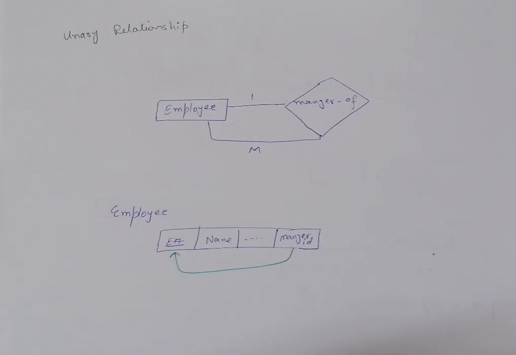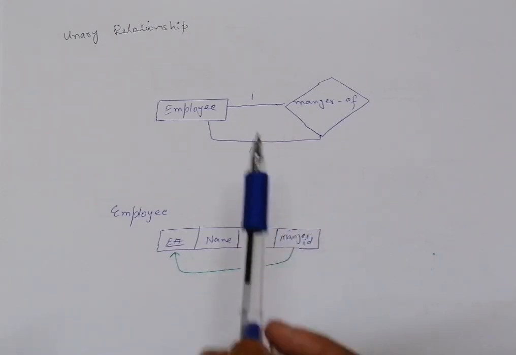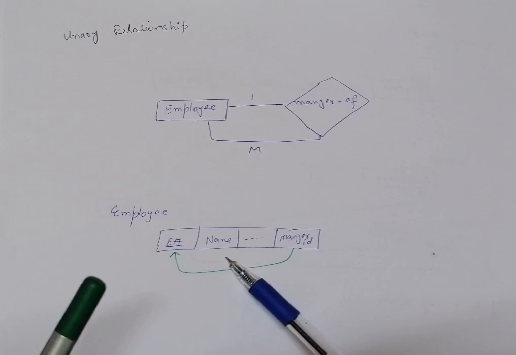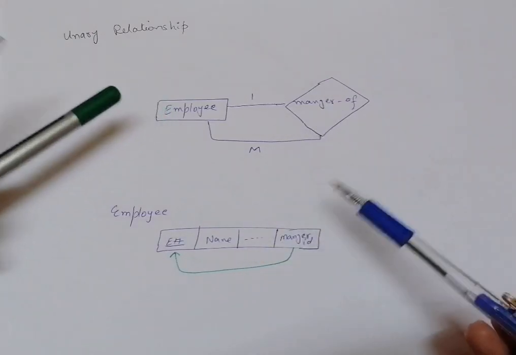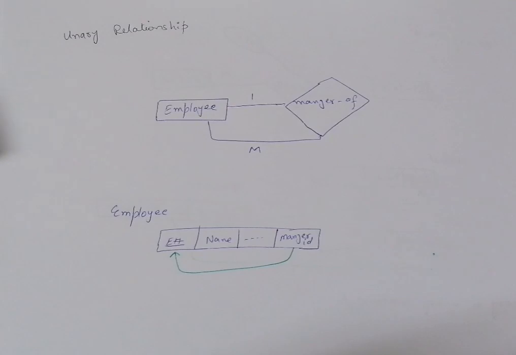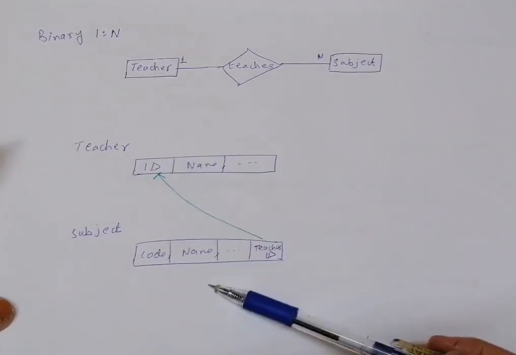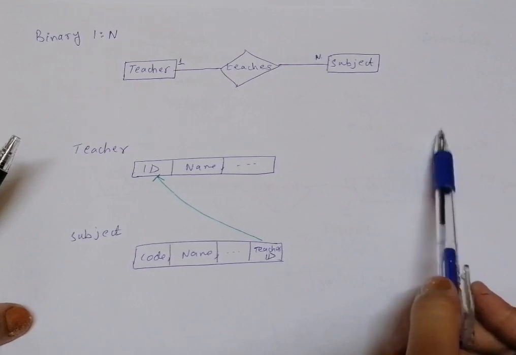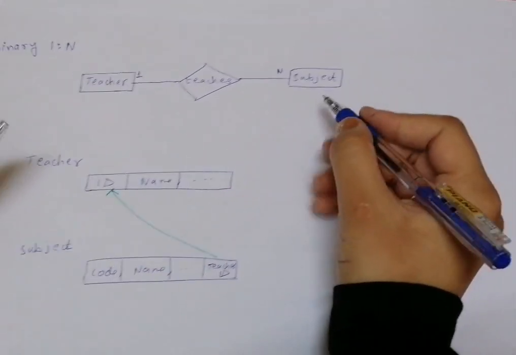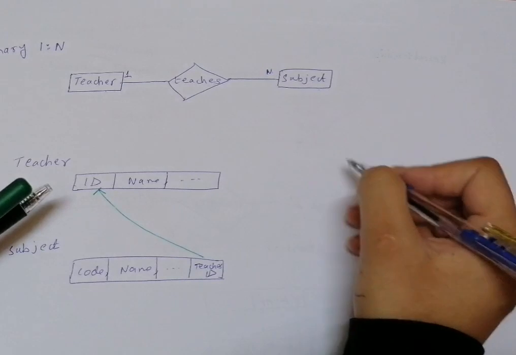We convert it from the entity diagram to the relation diagram. So you can see that in this lecture I have provided you the rules of conversion. Whenever you have a complete ERD, you look at each and every relationship and each and every entity and try to model it like this. If I give you an example of binary many to many or binary one to many, you have seen that in this case I have got two entities, so I have drawn the tables of two entities. If I have another relationship here,